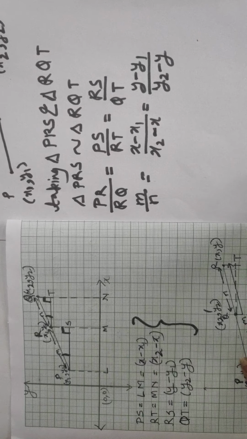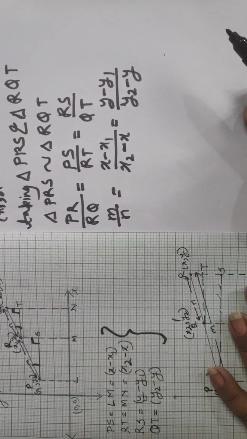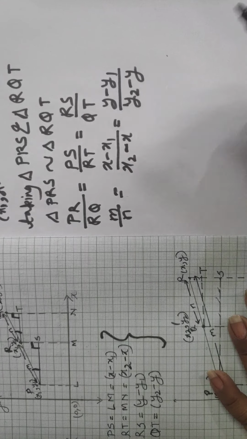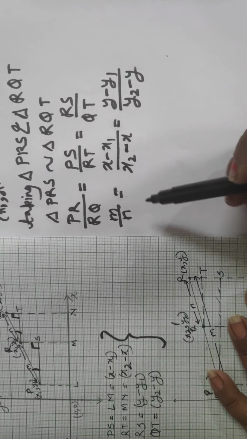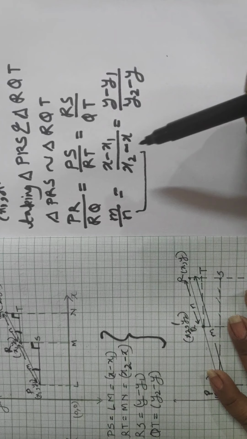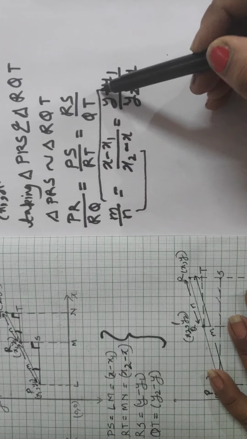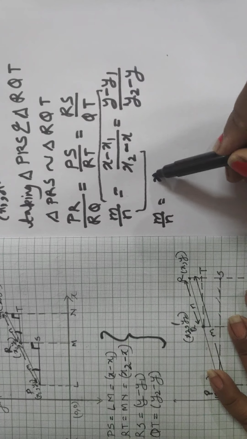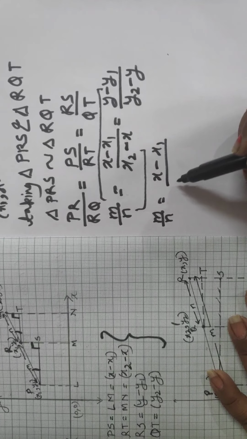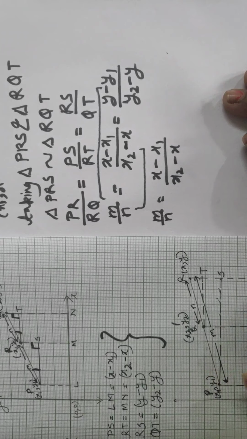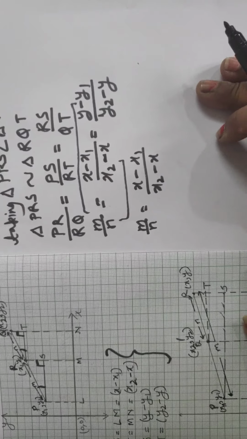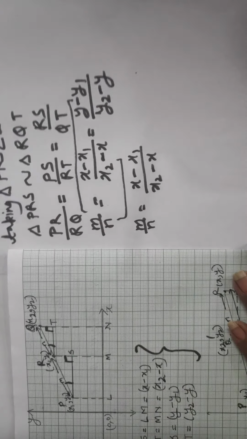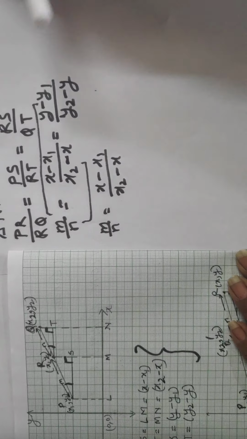So now we have found these two things. First of all we will equate this one, then we will equate this one. So for m upon n is equal to x minus x1 upon x2 minus x, by cross multiplication